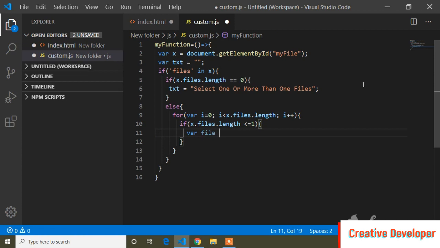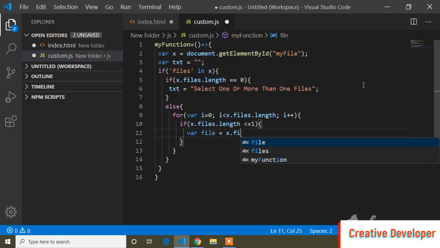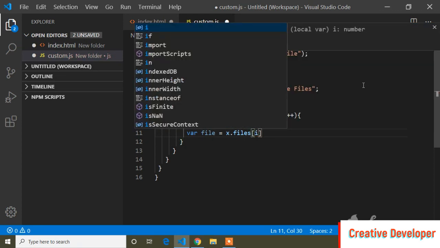I will declare a variable named file, var file, and here I will write x.files[i].